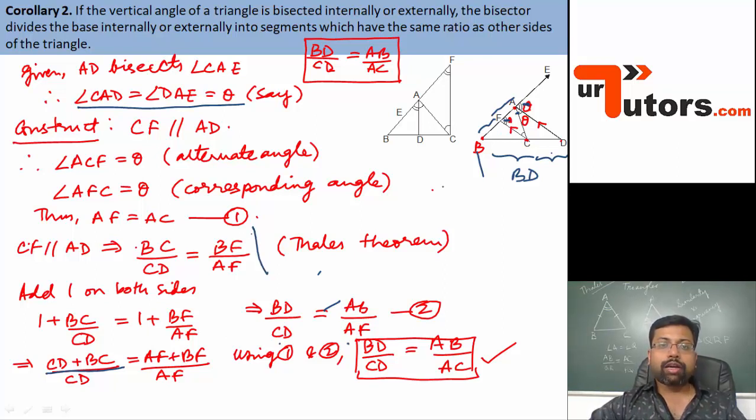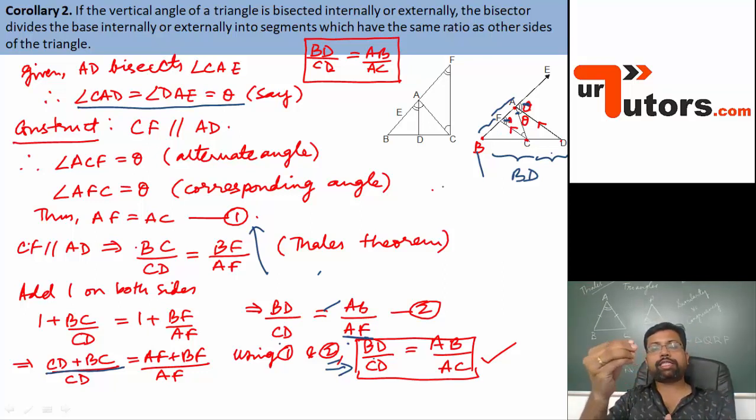From 1 we have AF equal to AC, so we can get rid of the AF here and write AC instead and let the other things remain the same. So we get BD by CD is equal to AB by AC, and this is what was required to be proven. So remember again, if there is a triangle ABC in which the vertical angle is internally or externally bisected,